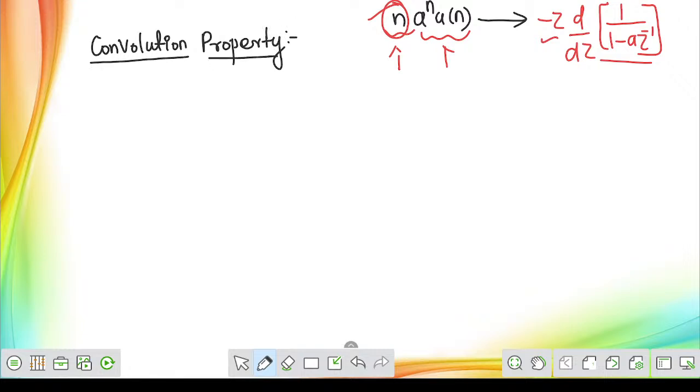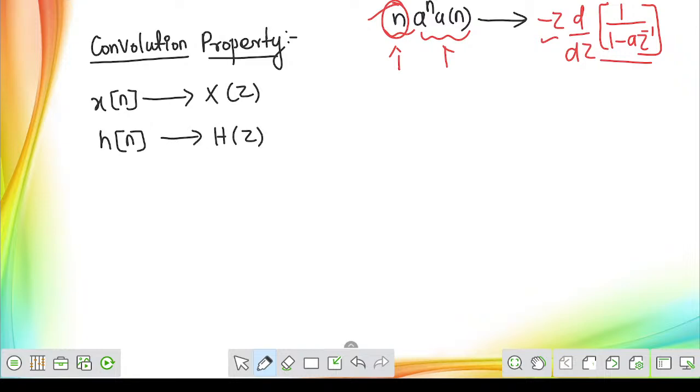So when we are discussing the convolution property, how should we define it? Convolution means, as we already saw in our Z transform, we have a certain signal. Our input signal has been standardly defined as x of n. Its corresponding transform is going to be x of z. Next, we will have an LTI system, which most of the time is what will be given even in the exam, h of n. Its corresponding Z transform is going to be h of z. If these two signals are involved in convolution, x of n is involved in convolution with h of